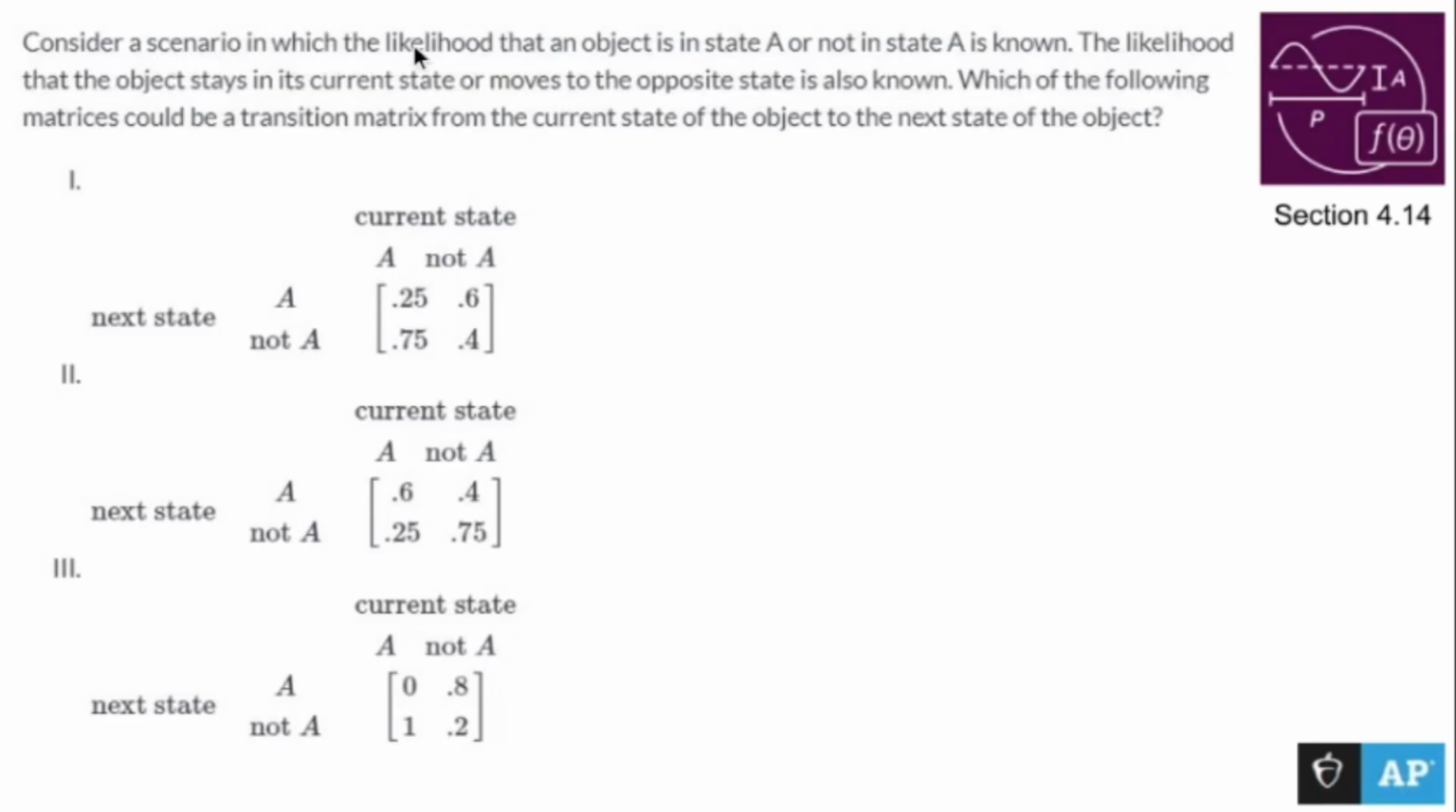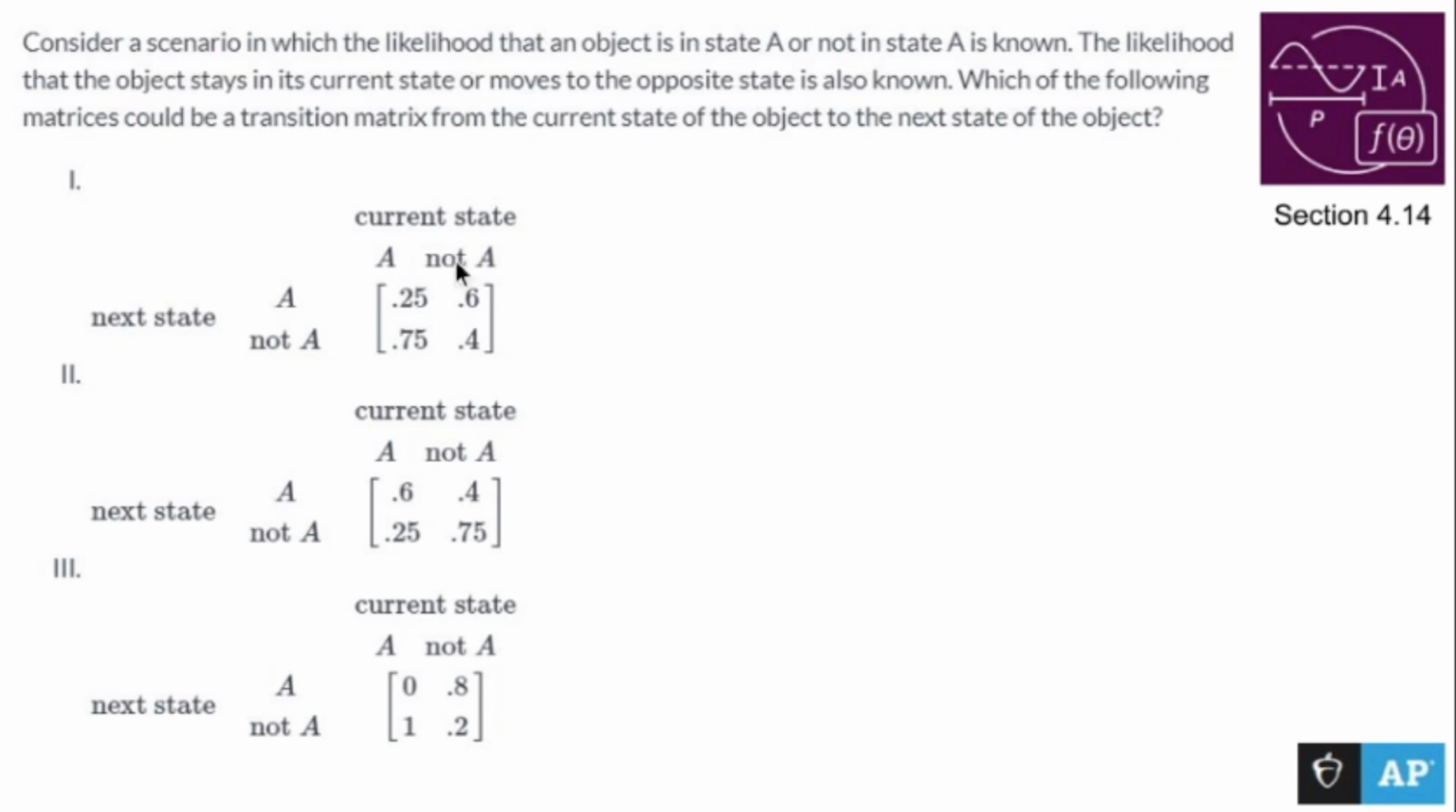Consider a scenario in which the likelihood that an object is in state A or not in state A is known. So I guess state, I don't know, state of the union? The likelihood that the object stays in its current state or moves to the opposite state is also known. Which of the following matrices could be a transition matrix from the current state of the object to the next